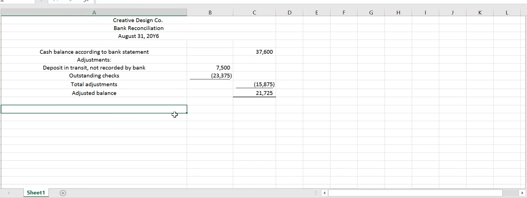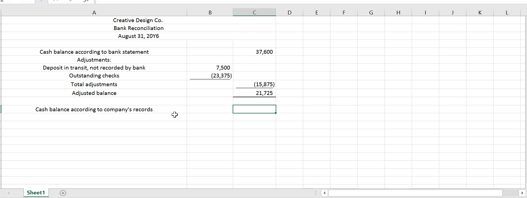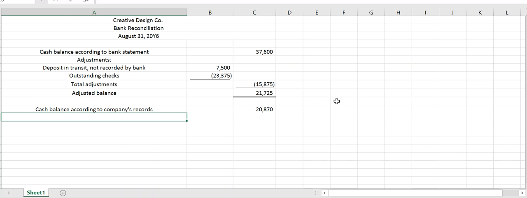So now we have to look at the company side. So we have our cash balance according to our company's records. And they said that we had $20,870 sitting in our cash ledger at the end of August. So we have some adjustments that we have to look at. So again, anything that would have positively affected our account, we're going to list first before anything that negatively affected